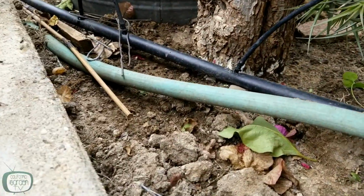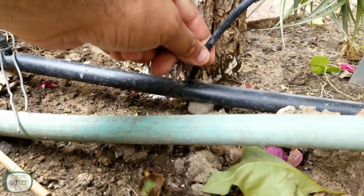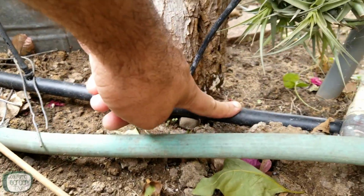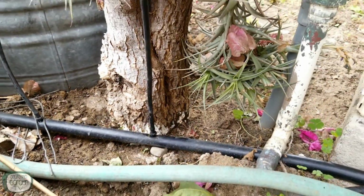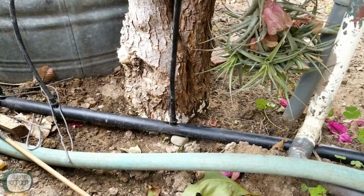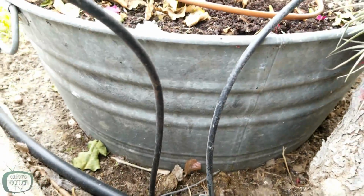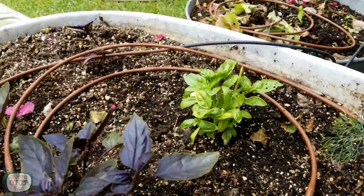So the next size hose is going to be your 1/4 inch. And that is basically taking from the 1/2 inch line wherever you need it to go. And that'll be a little more clear in just a minute. But right here, I'm using it to go up into my containers. And then that 1/2 inch line, or 1/4 inch line,